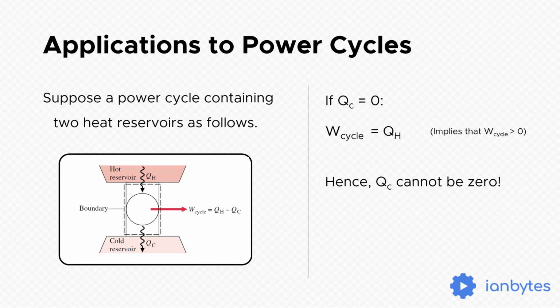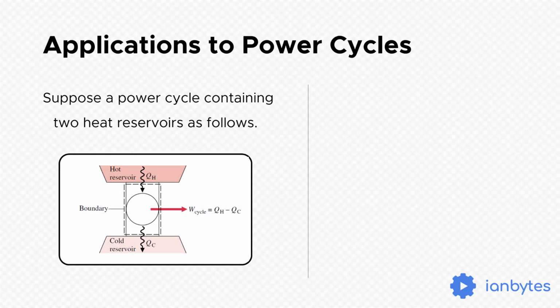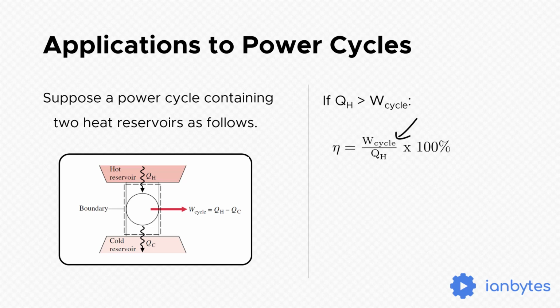Now, what's in it for us? Since ang QC ay isang positive number, masasabi natin ang QH ay mas malaki kaysa sa W cycle. This further means na ang efficiency ng ating heat engine ay palaging mas maliit sa 100%. Tandaan natin na sa ating efficiency formula, the numerator which is W cycle was just proven to be smaller than QH, which is why walang 100% efficient machine.